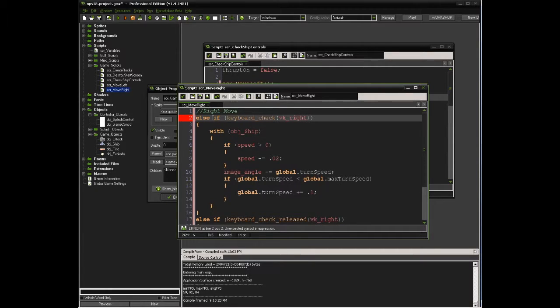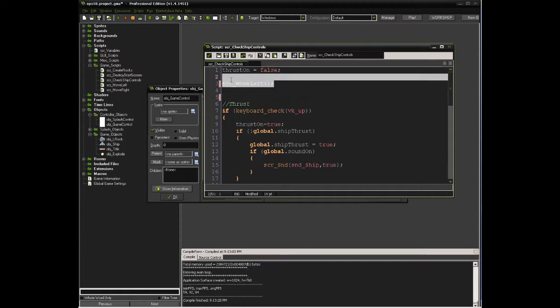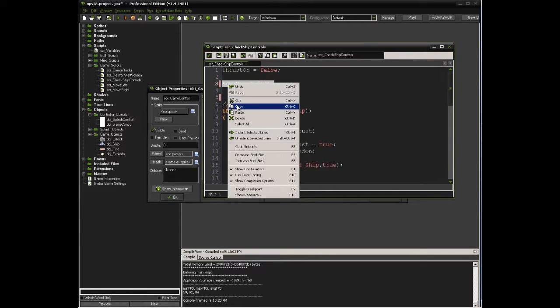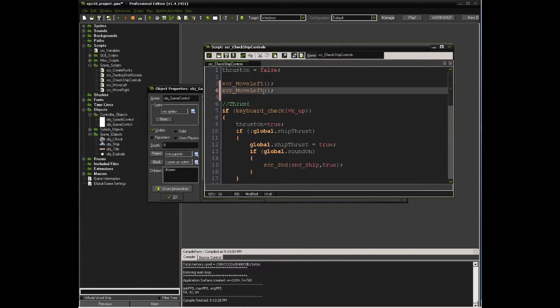And this might not work right. I'm not sure yet. So there's move right. And let's just go ahead and call this one. Oh yeah, let's add it to call it. Move right,